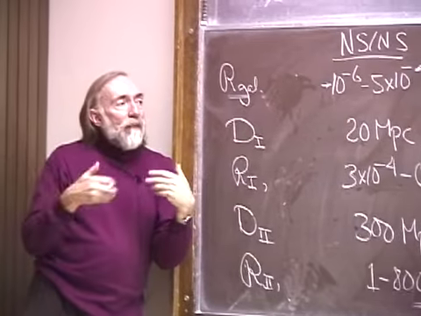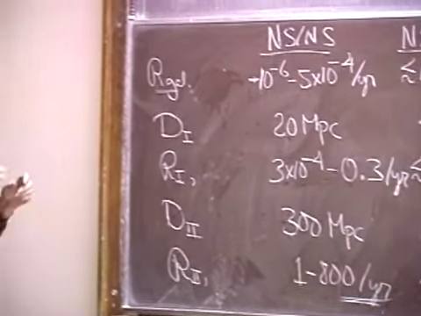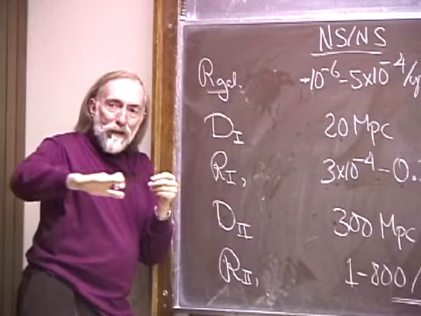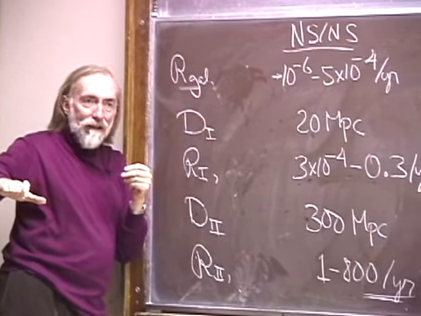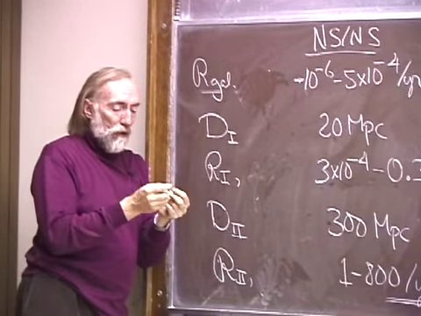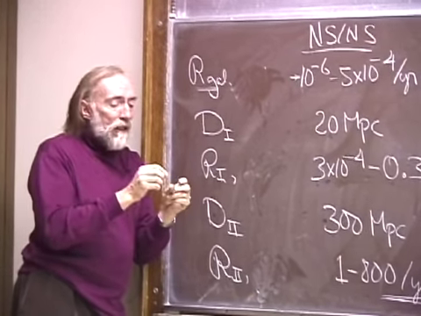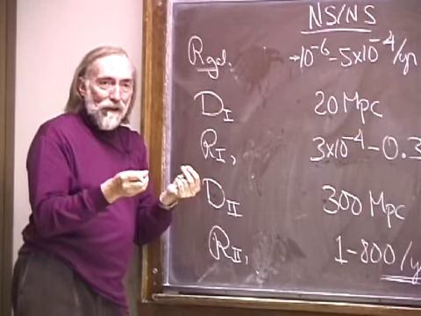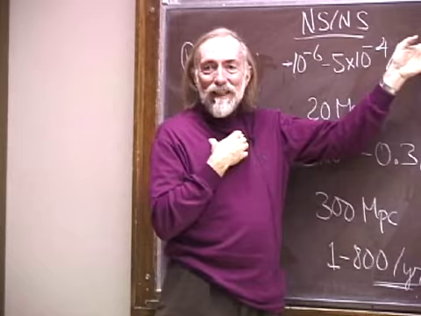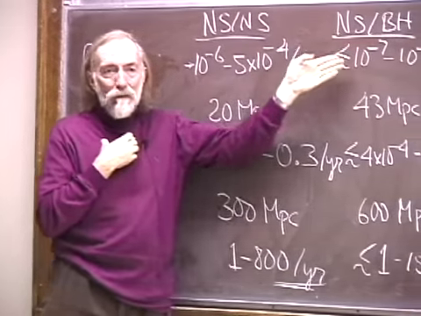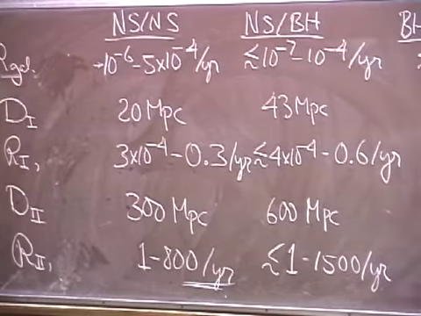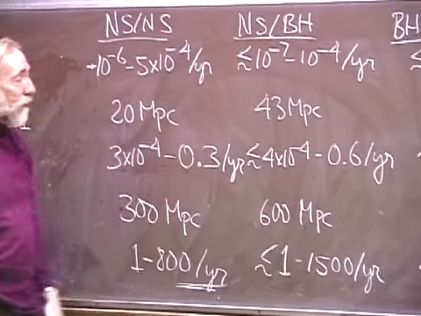And so in these population synthesis calculations, you have to put in numbers for the distribution of kick velocities. And then for what is the probability, depending on the direction in which the kick velocity is given, of the binary disrupting when the kick occurs. And if the binary disrupts, as far as we're concerned, you just throw it away. Other people may be interested in the result, but for gravity waves, we're not interested if the binary disrupts. So we want to wind up with a compact binary that will emit gravitational waves.